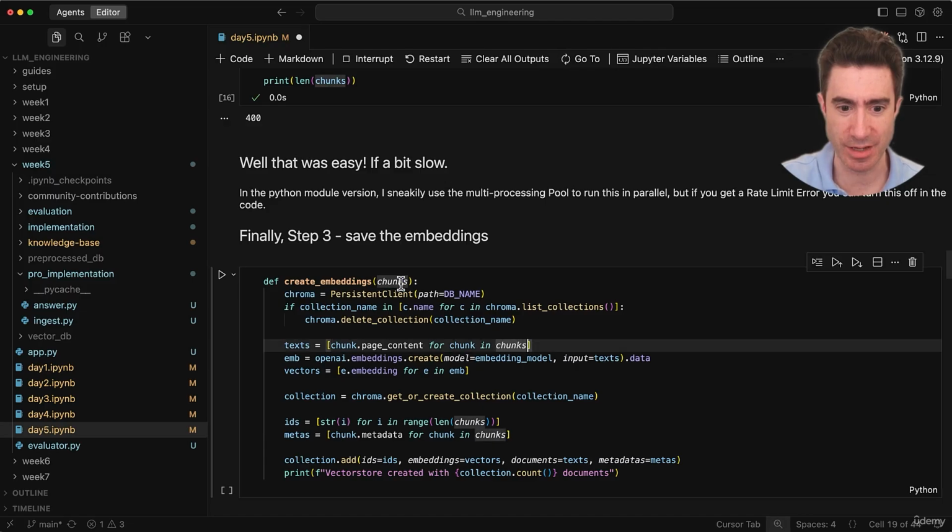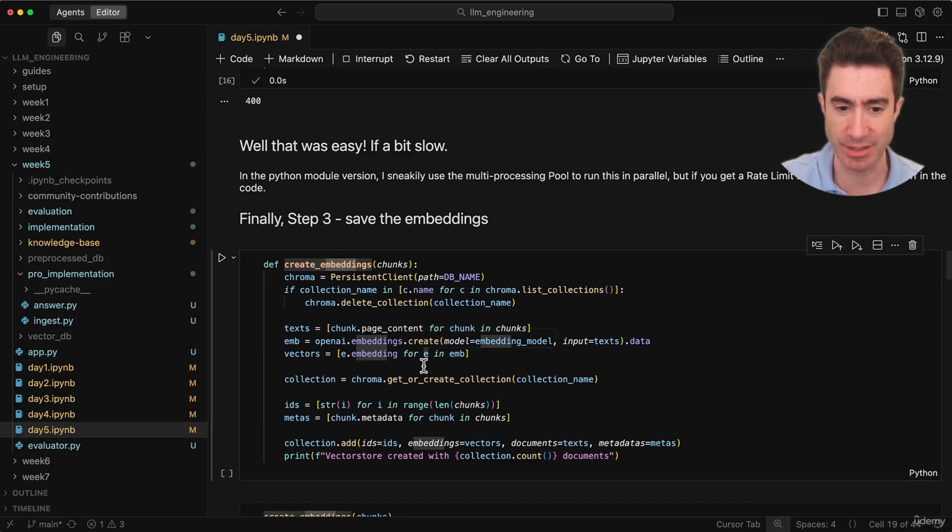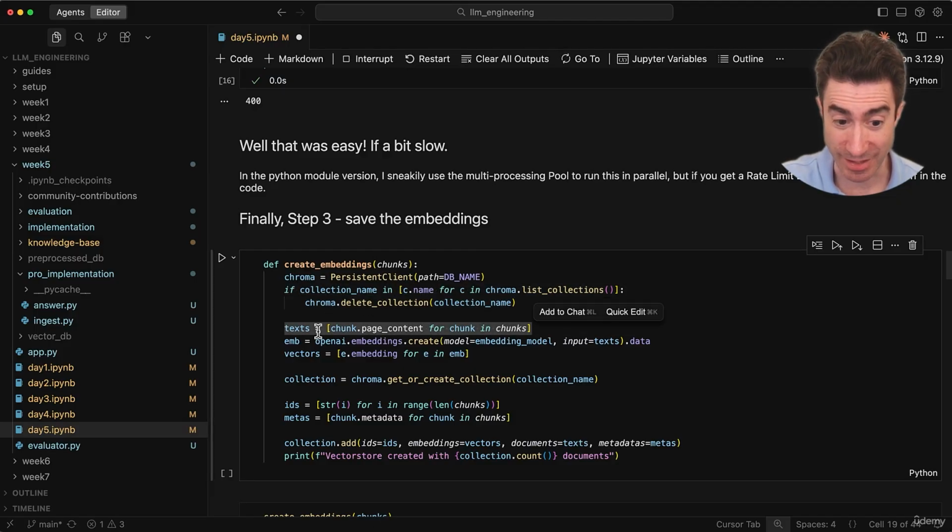Step 3, you remember, is just to save these embeddings. So we're no longer using LangChain, so we're now just calling Chroma direct. And it turns out that's pretty easy. We just call the database like this. Chroma is persistent client. This is the same as before. If the collection exists, delete it. And then we're going to get all of the texts, chunk.pageContent for chunk in chunks, that collects all the texts. We will create embeddings by calling